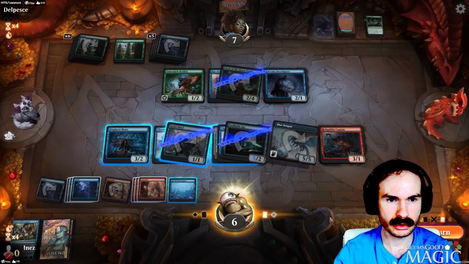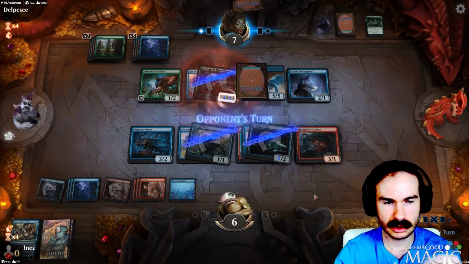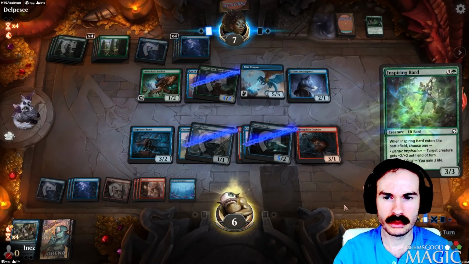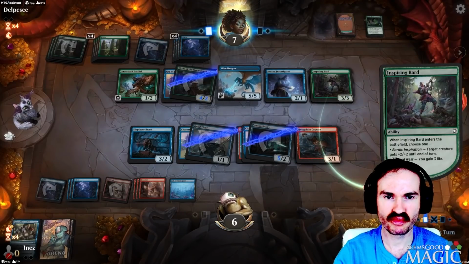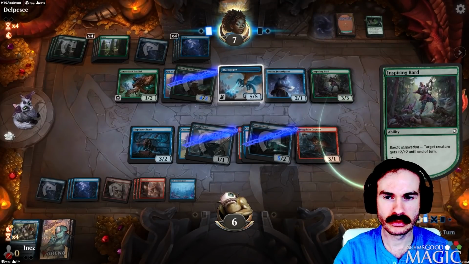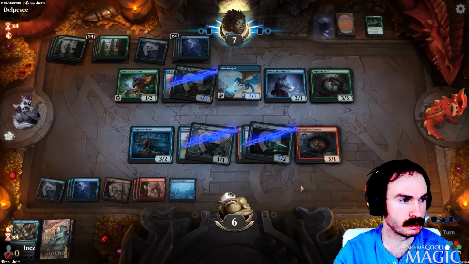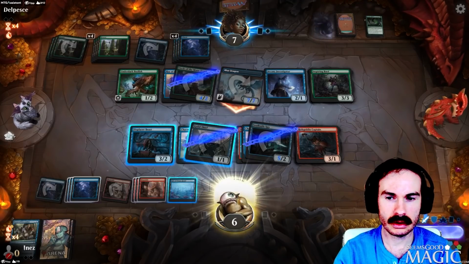Maybe I was supposed to attack with the Displacer Beast too. I guess this plays around removal. Jeez, still lost even with the Nat 20, huh? Yeesh. Alright, well...